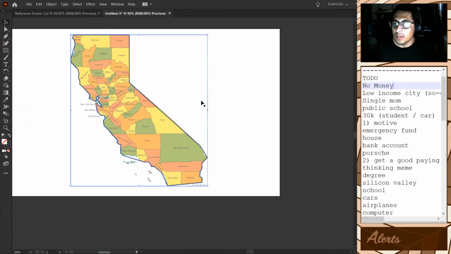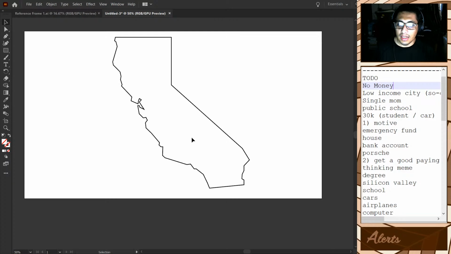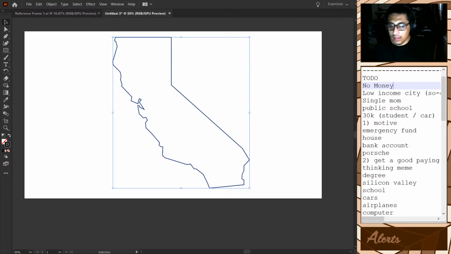Right? So if we go in here and we delete it, it looks like California. There's actually very much, if anything, I could even reduce, but I won't do that right now. Instead, I will do this for the signature.